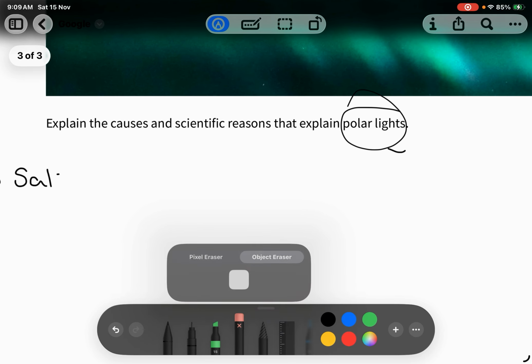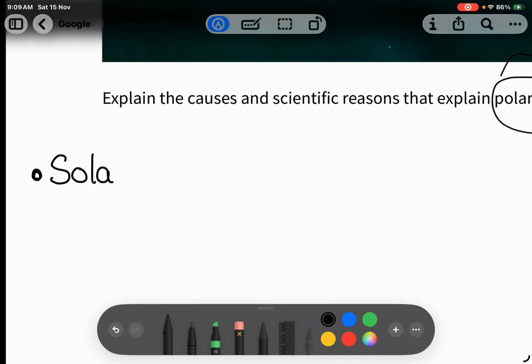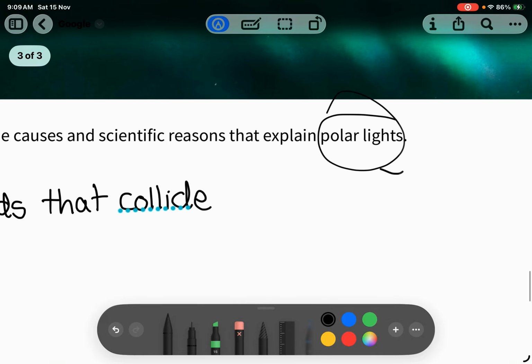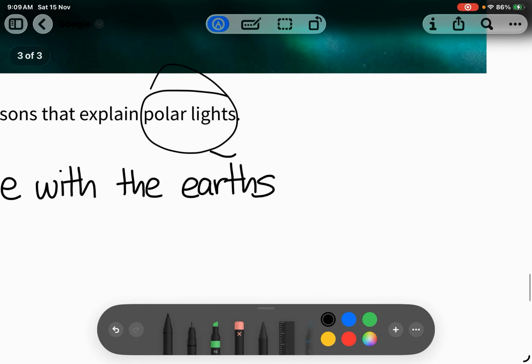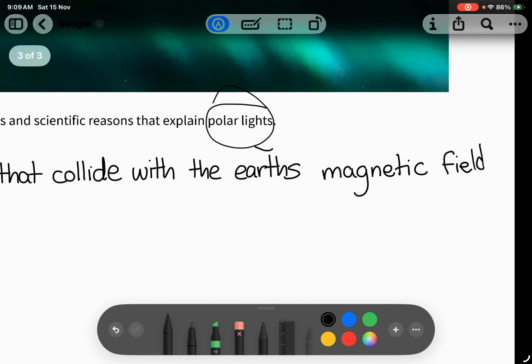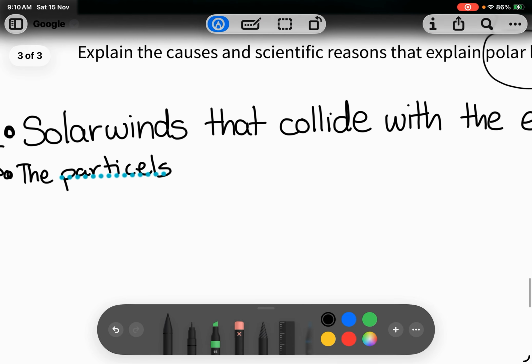Okay, so solar winds collide with the Earth's magnetic field. Then the particles. This is the part where most people know the reason this happens, and this is what actually happens. So the solar wind particles, what happens is the particles go through